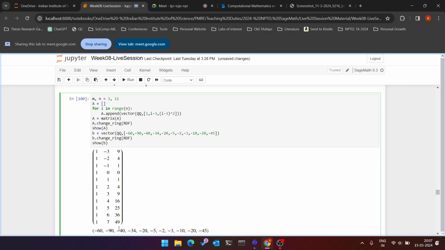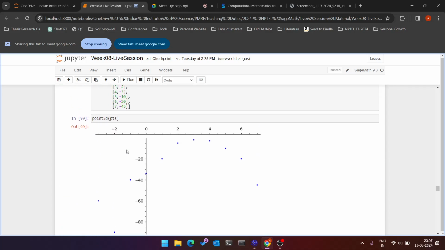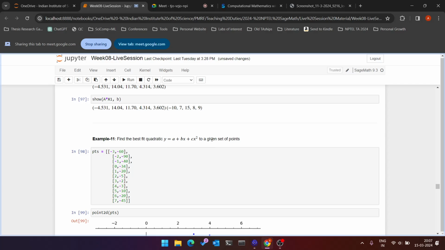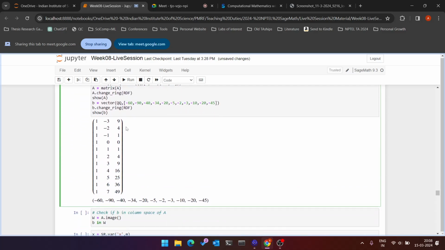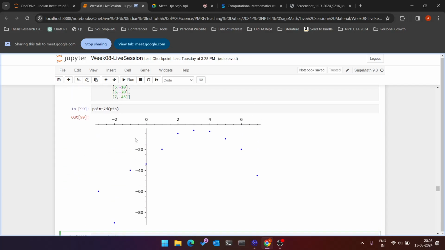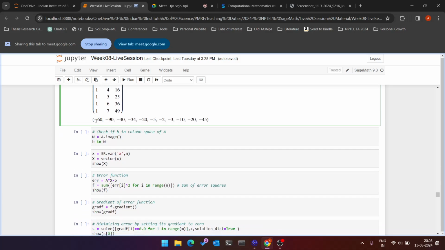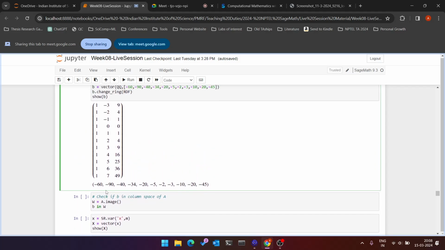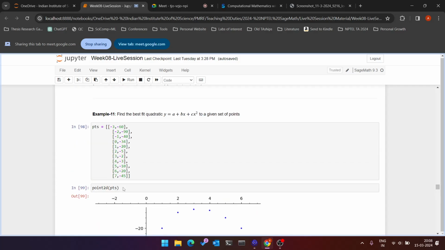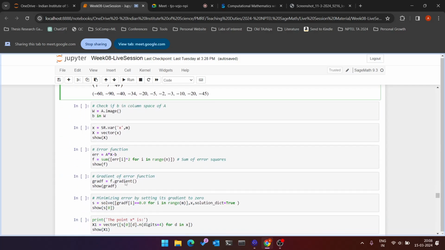This matrix we will be multiplying with a, b and c. That should basically approximate this function y is equal to a plus bx plus cx square, and we have to choose a, b, c such that our output y turns out to be closest to the y coordinates that we have for this particular example. So minus 60, minus 90, minus 40, and so on. Okay,